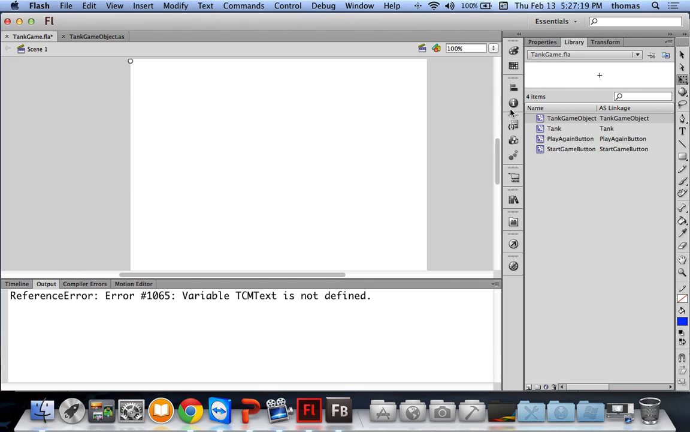So somewhere in here, this TCM text is not defined in my tank game. And I'm guessing it's probably because of the way I've defined it as an object, right? At least I know what it is. Okay, we're not going to fool around with this anymore. I'm going to go back to